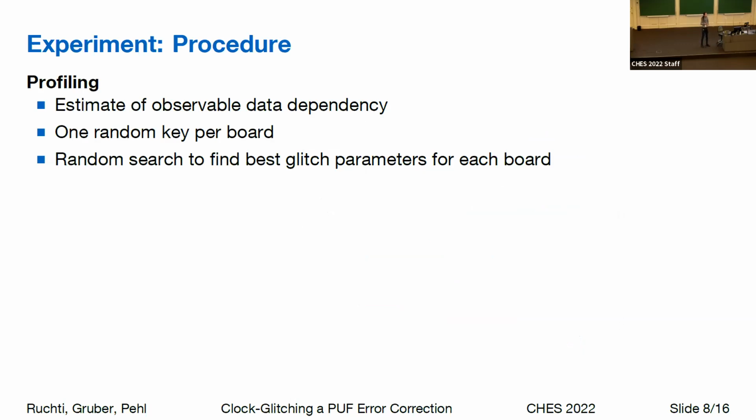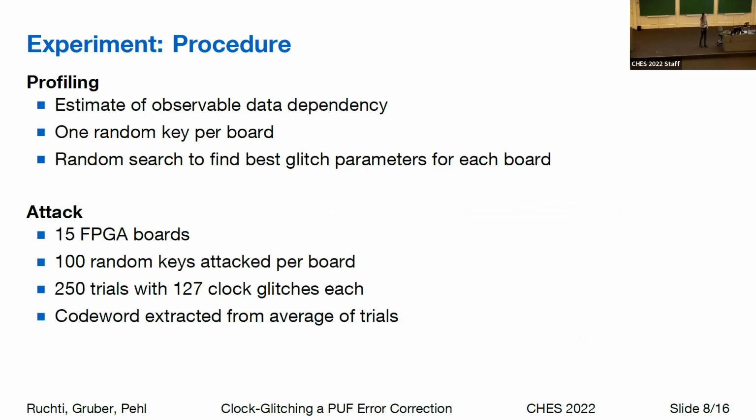The procedure for the experiment will look like the following. First, we have a profiling phase where we use 1 random key per FPGA board and estimate the observable data dependency for the several glitch parameters and optimize that to find the optimum individually per board. After that, we carry out the attack as I outlined before. So we extract all bit differences on 15 FPGA boards with 100 random keys per board, so 1,500 keys